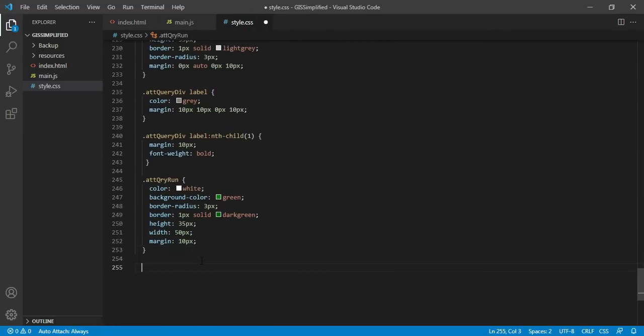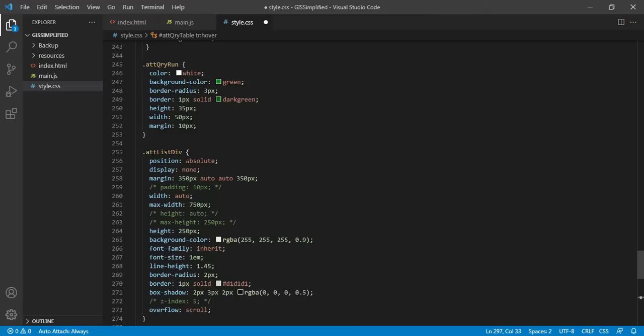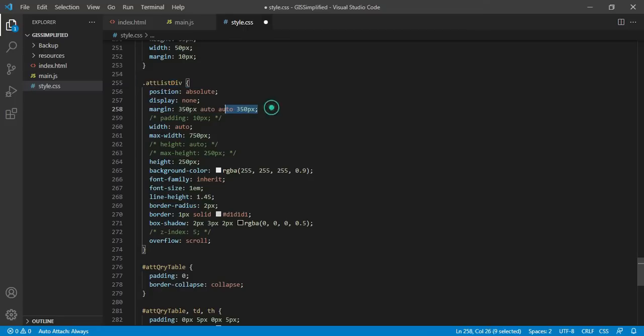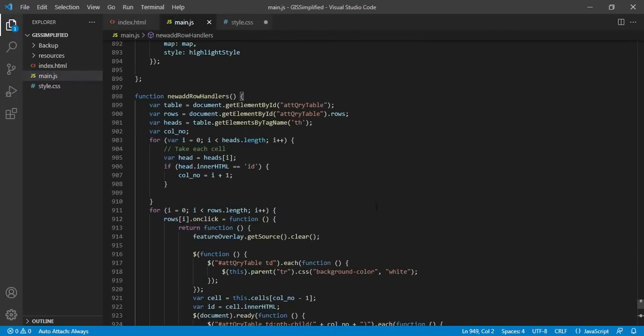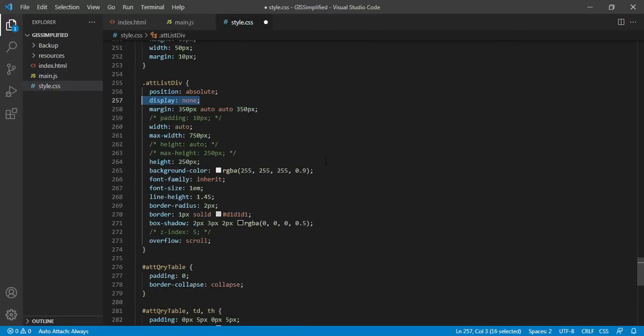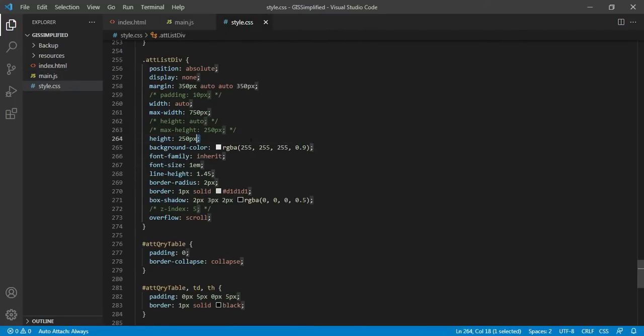Now let us do some styling. This styling is related to the table, how it should display, how the header should be colored, how each and every row should be colored. So this is how I am positioning the table element, background color, and see, initially the table display is none, and when I click the run button, then only this table will be displayed as a block. You can see over here. So initially the table will not display till the time I fire a query. So keep note of that.